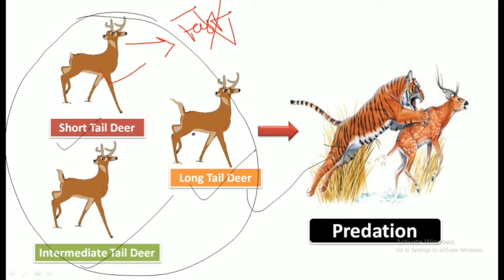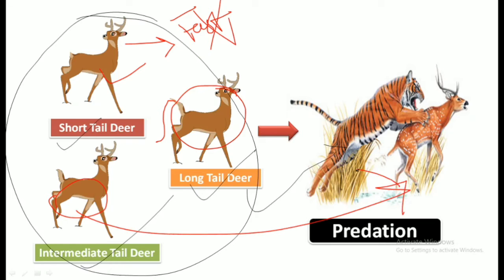While the longer tail has the disadvantage for running fast because their tail is too long and gets dragged on the ground, which unbalances them. While those deer having the intermediate type have the best ability to run, they can balance quite well and also run very fast, and so they escape from being eaten by the tiger. Okay,